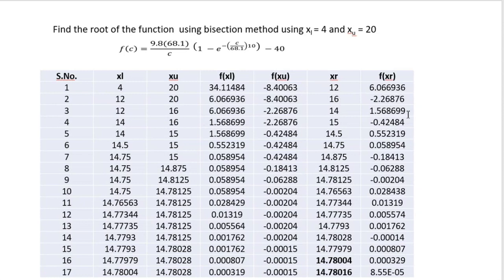So basically how we are swapping the values of XL and XU is: the latest value of X for which the function value is positive and the latest value of X for which the function value is negative are taken as the XL and XU values for the next iteration. So likewise, if we go on continuing the iterations, you will see that the XR values go on changing. Now, if I look at the 8th iteration, the XR value is coming